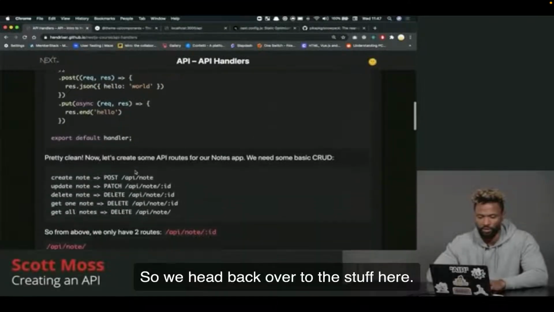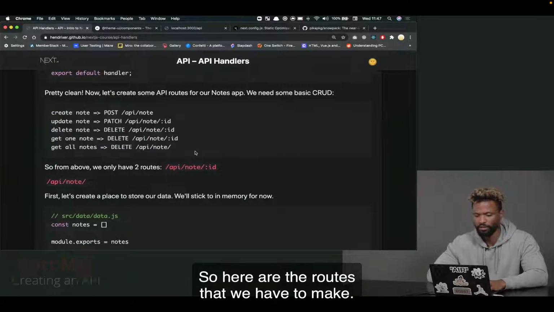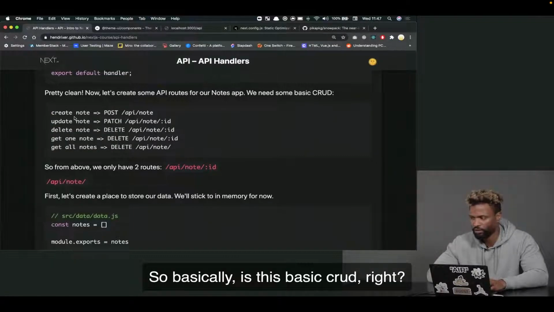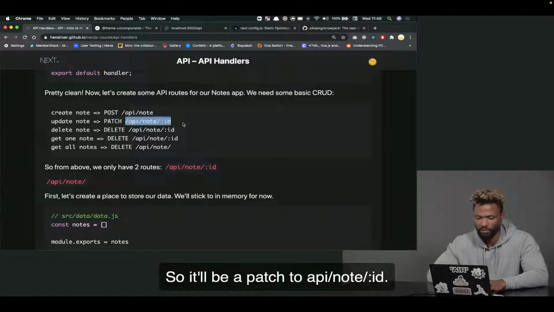So we head back over to the stuff here. Here are the routes that we have to make. So basically, it's just basic CRUD, right? We need to be able to create a note. So it'll be a post to /API/note. We need to be able to update a note. So it'll be a patch to